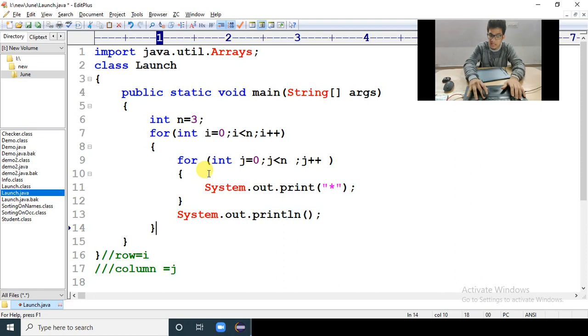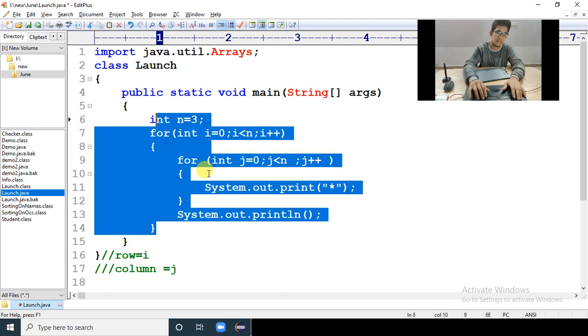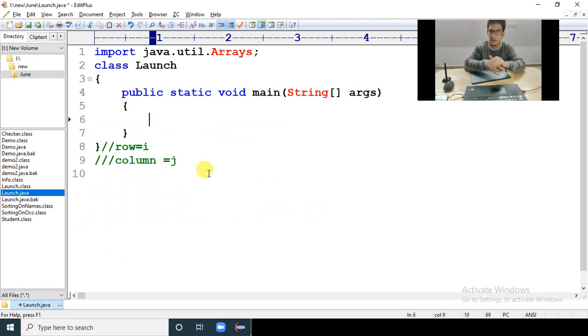And this println doesn't have double quotes like this. You can give them, no problem, but don't write them. Inside a print it has a double quote, but outside this j loop, it doesn't have a double quote. It is simple, plain println. Okay. Now let's try to write it. You can only understand this if you practice. Okay, if you practice.